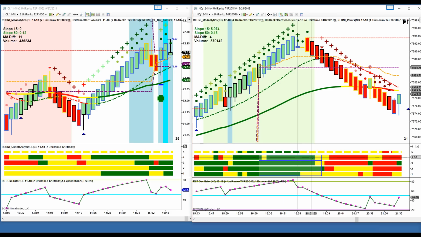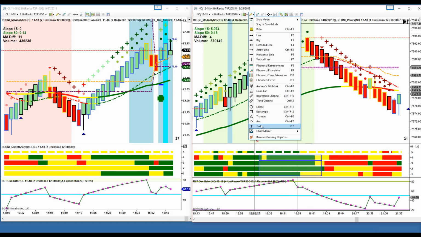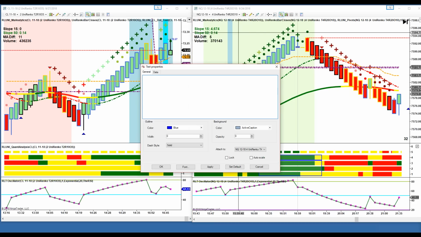Because what this line does, it plots the difference in stocks on the Nasdaq that are upticking versus stocks that are downticking,